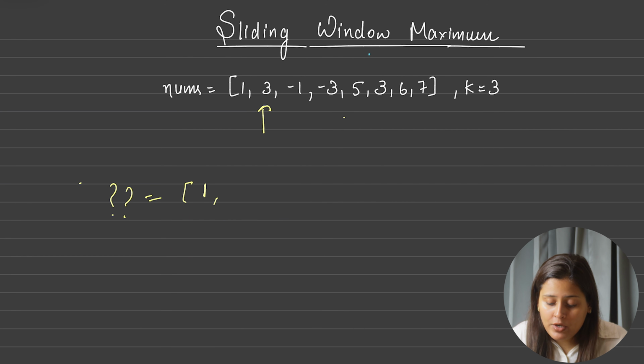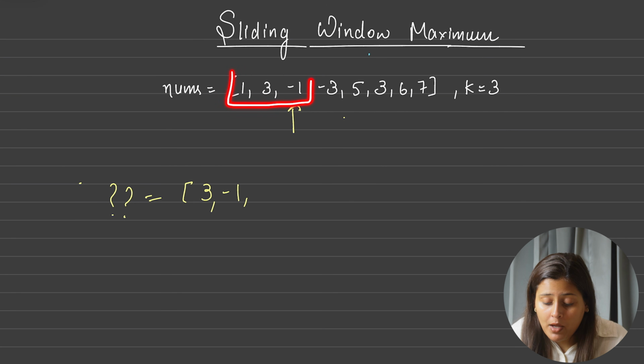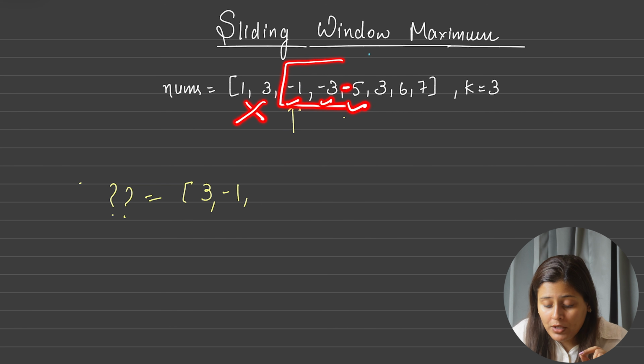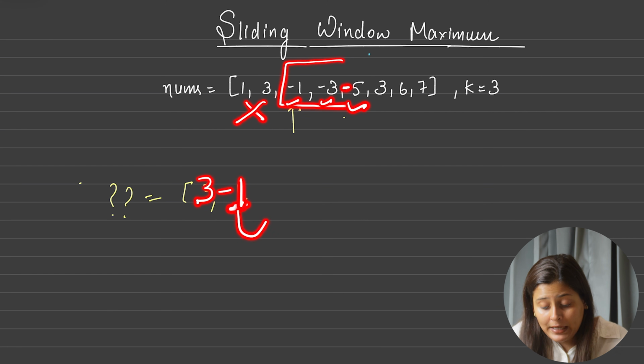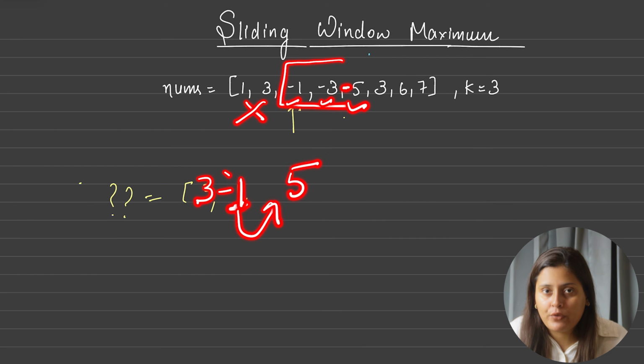So we can surely delete it, correct? So I am saying when I encounter 3 as a maximum, I will delete 1 and I will only put 3. Next time when I move to minus 1, obviously minus 1 is smaller, but I will keep it. Why? Because till here 3 is maximum, but in the third window, from here, obviously 3 is not there, so it won't be maximum. And what if it was minus 5? So minus 1, minus 3, minus 5, minus 1 is maximum. If we do not store it, how will we get the answer for this? So I am saying after a maximum value, even if we get a minimum value, we will put it. But after a minimum value, if we get any maximum value, then we can remove it.